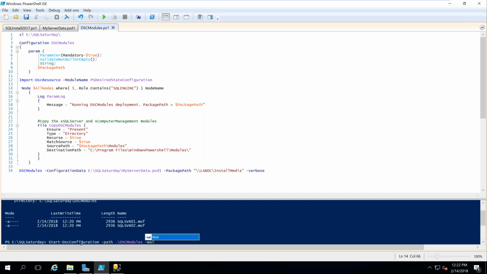And then we're going to add wait. Adding wait is basically so that we can follow along with what's happening on each of those machines. If you don't add wait, then it's basically going to push those out, the local configuration manager on each of those targets is going to work, and of course everything's independent of each other. But you just won't get any feedback, which is